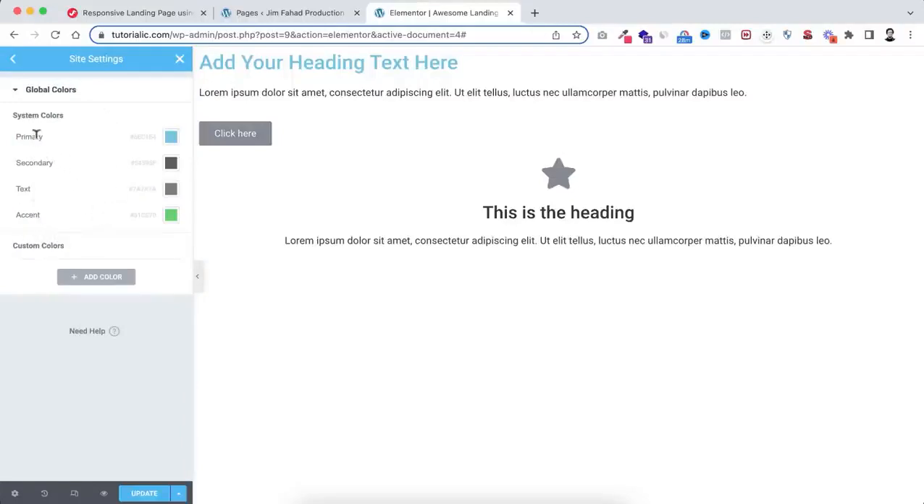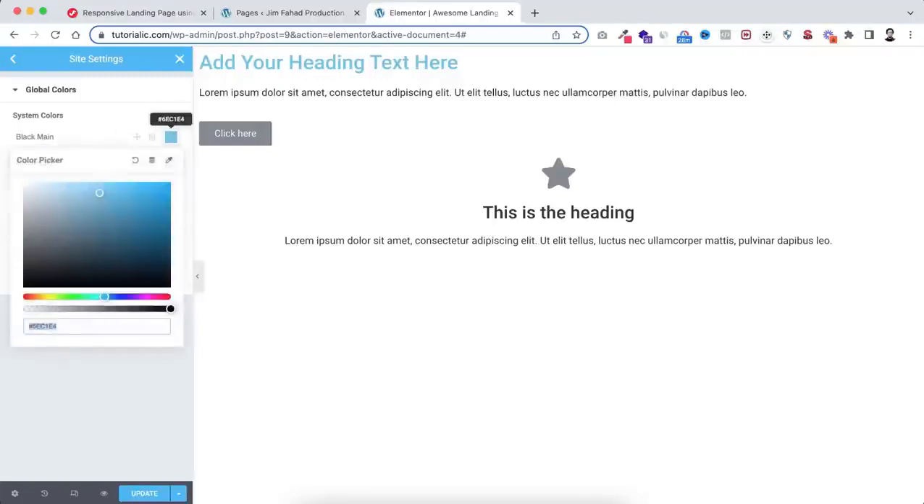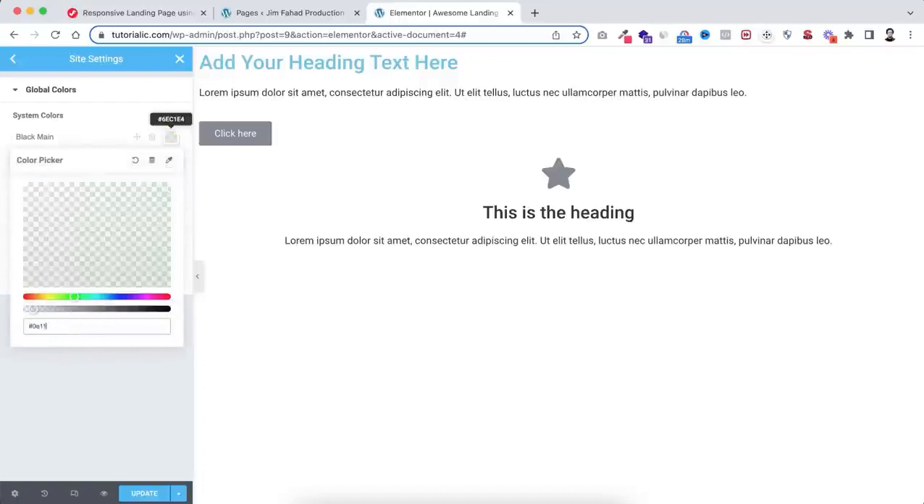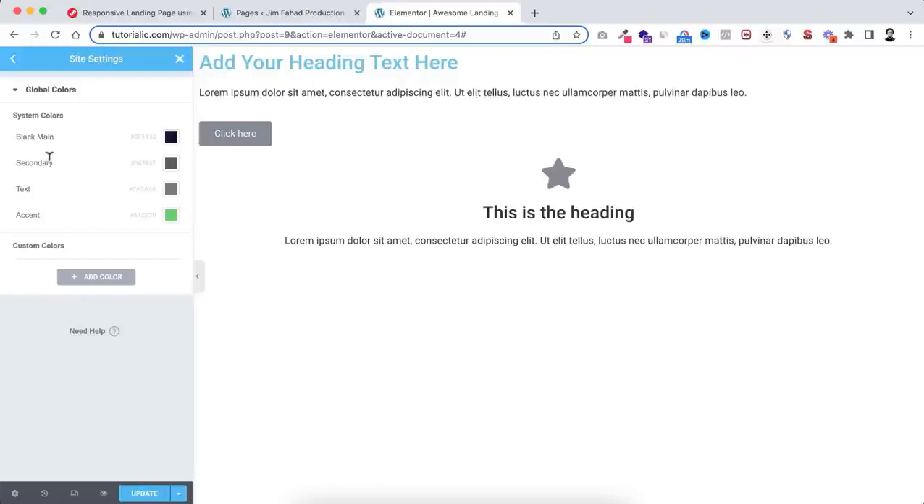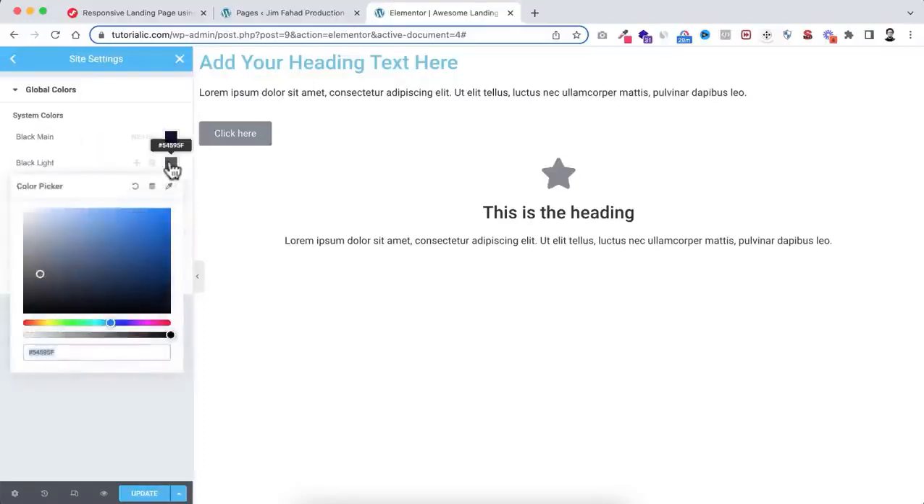So instead of primary, I wanna change its name. So just click here, and I wanna name it black main. So here I'm typing black main, it would be our main black color, and the color code would be #0E1133. Then here I'm just renaming this color. Instead of secondary, I'm naming it black light. So it would be also black but lighter than the main black color, and the color code would be